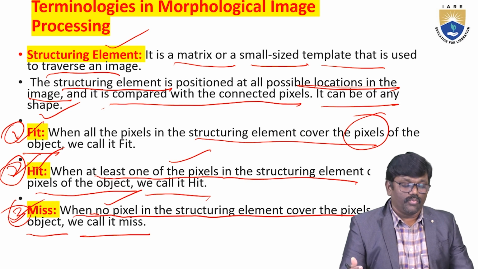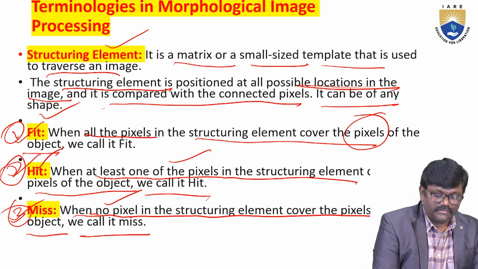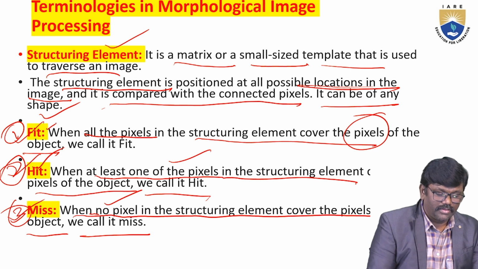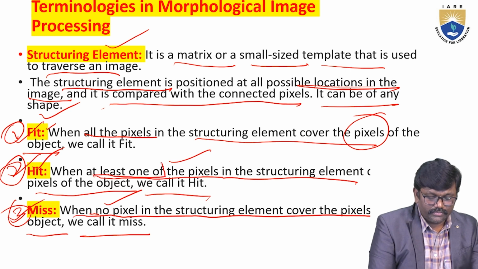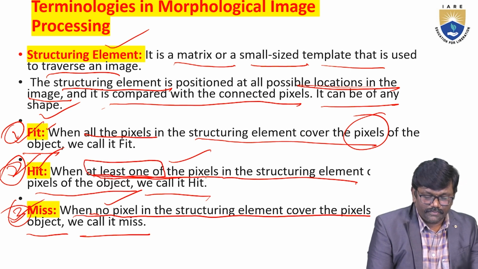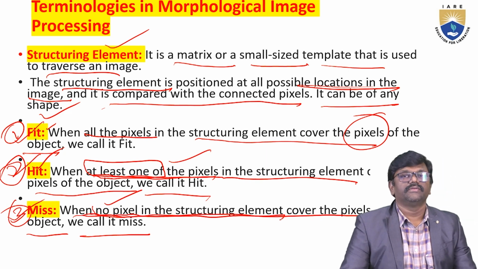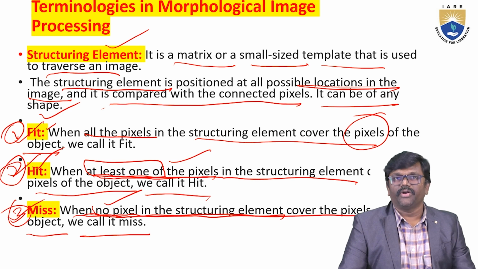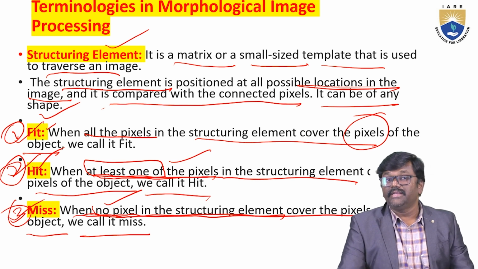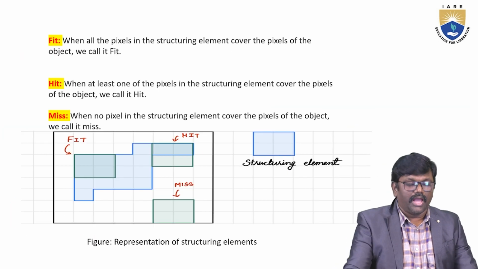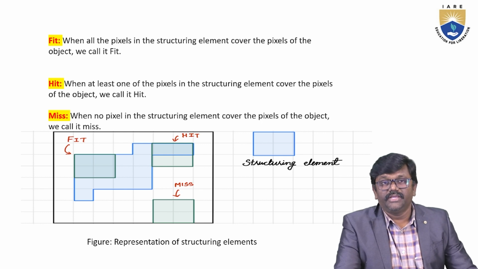Okay, so when all the pixels cover, that is a fit. At least one of the pixels is a hit. And miss means when no pixel in the structuring element covers the object. So I hope you understood this slide in detail. We'll go on to see how this fit, hit, miss